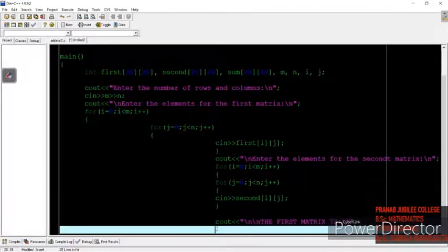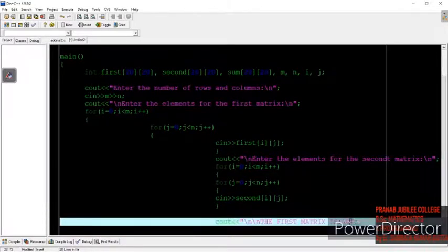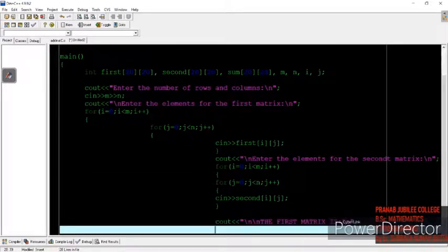How we can display the elements I discussed in an earlier video, so I will give the link above. If you have not watched it, watch it before or after, it will be much clearer. Then we give the output.